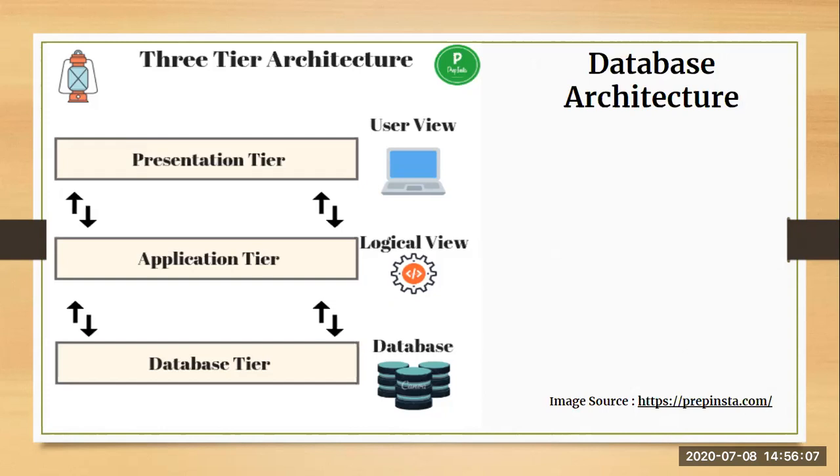Next is your presentation layer. This is also known as the user tier or client tier. Here the user is able to view all the database results, most often in a viewable form. If the user is accessing their profile page, then all the details are sent from the database to the application tier, and then sent to the presentation tier, which displays them in the view so that the user can understand and read it. You can use various front-end languages like HTML and CSS that can modify and tell how the data can look in the best possible way to your end users.